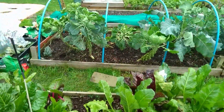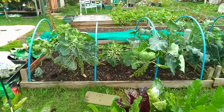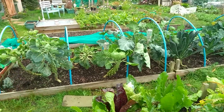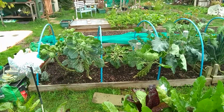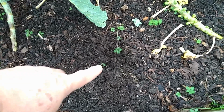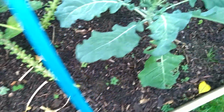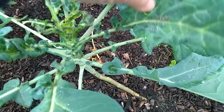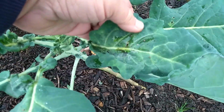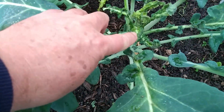I've also tidied up the brassicas over there and decided to take the nets off. Taking nets off this load, mainly because there's still a huge amount of aphids on some of them. Let me show you. We did have one in here which was absolutely covered in aphids, so I've taken it out. But look, you see on that leaf, eggs. Oh, you can't, so I wasn't showing you. Eggs in there, and also in here. Quite a lot of damage from